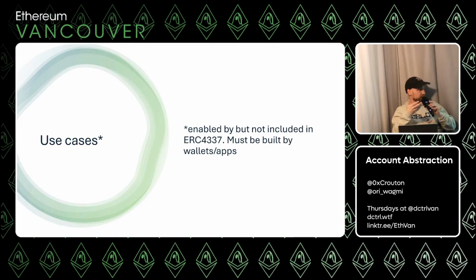And some of that stuff is not necessarily in practice today, or people are working on it, but it's not really standard. If you're using crypto blockchain today, all that stuff you probably aren't interacting with on a daily basis. You probably need gas, you're probably not batching your transactions. Some apps are starting to build this stuff in, but it's not really commonplace yet. But this is the standard that's enabling it. But the actual use cases that we talked about have to be built by the wallets and apps that are building on top of said standard.